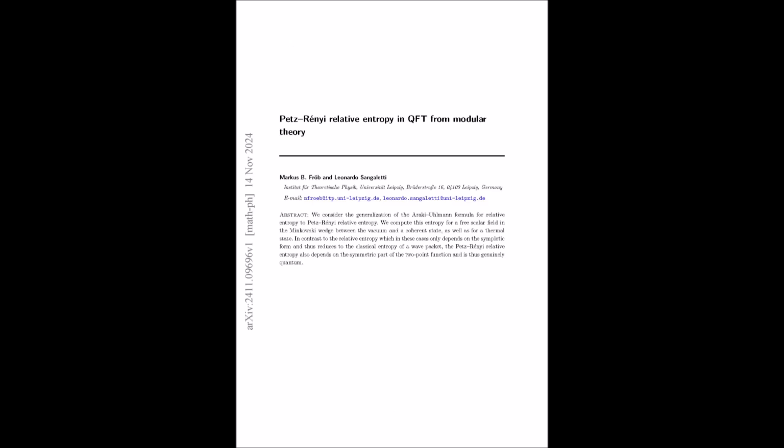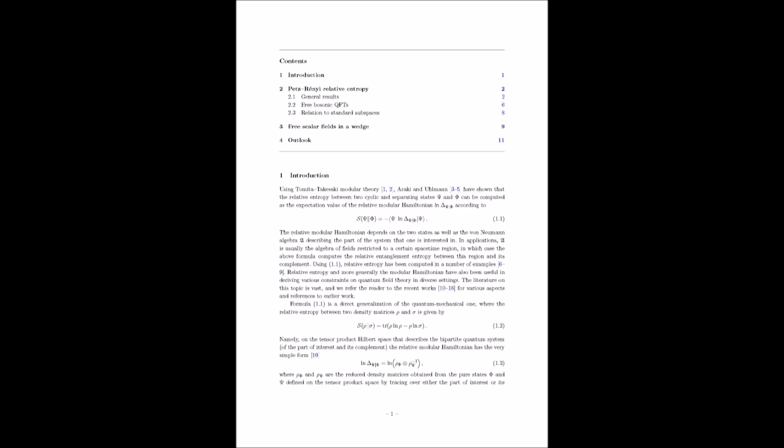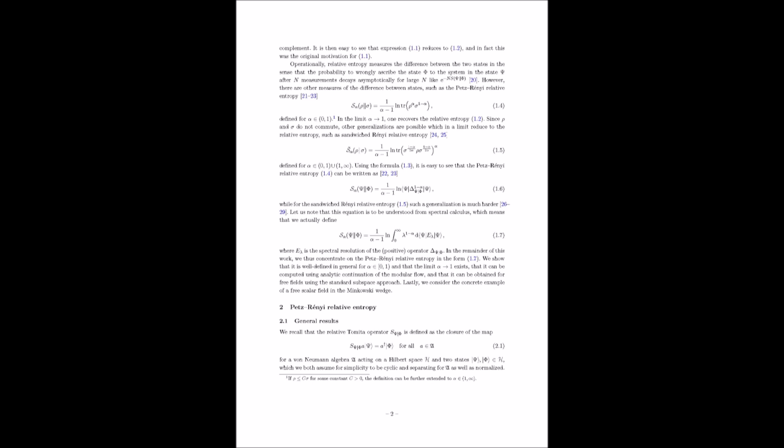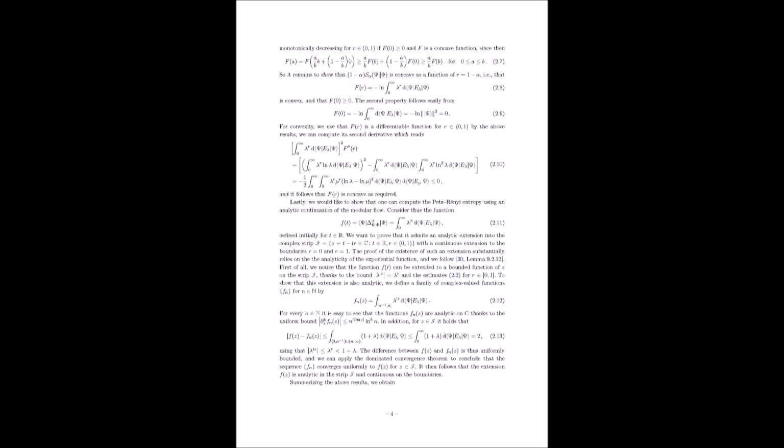It is, and once they have the modular operator, they can calculate its powers, which are needed to compute the Petz-Rényi relative entropy. So it's all coming together now. They've cleverly used the geometry of the wedge and the power of the Bisognano-Wichmann theorem to simplify a potentially very complicated calculation. Exactly. But there's still more work to be done. Remember, the formula for Petz-Rényi relative entropy involves a spectral integral, which can be quite tricky to evaluate. Right. I'm sure those integrals aren't for the faint of heart. How do they tackle that challenge?